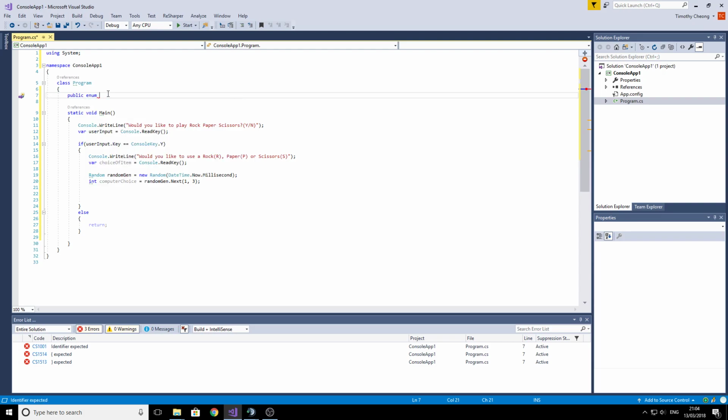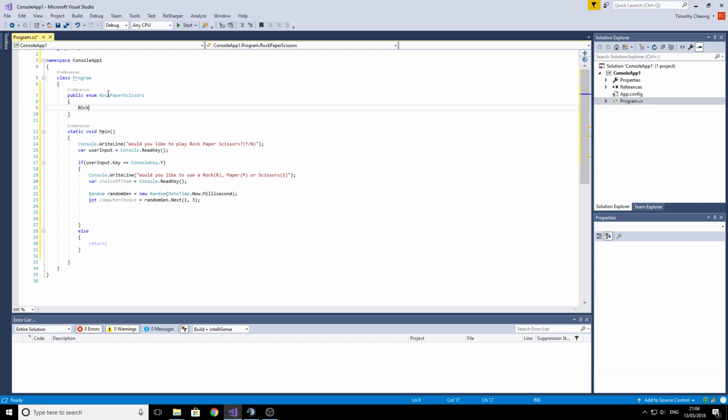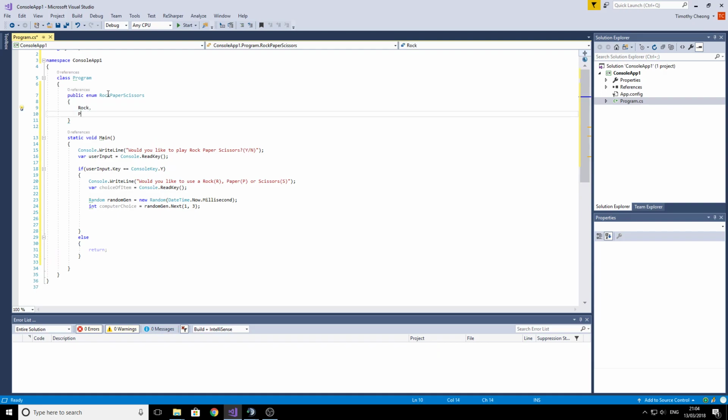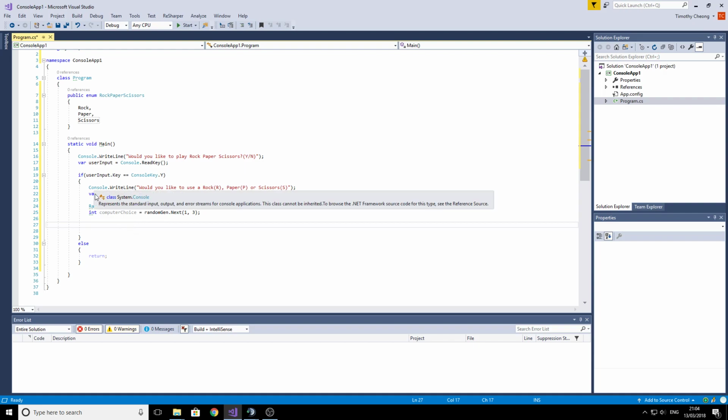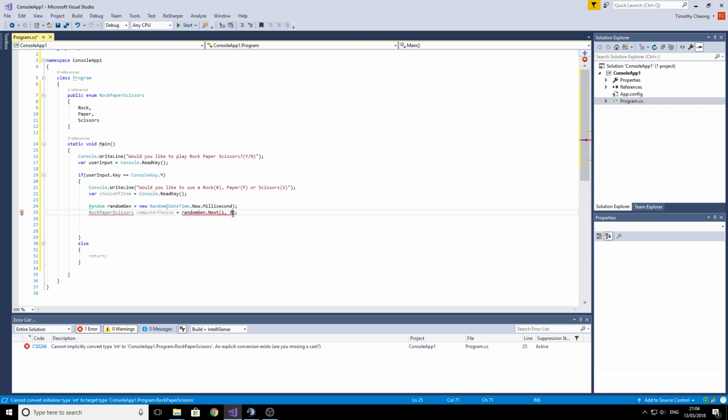So we can say, let's call this enumeration rock, paper, scissors, and then so we have rock, paper, and scissors. Oops, if I can type, there we are. And then if I mouse over here, you'll see that it assigns the first entry in the enumeration 0, paper 1, and scissors. So this allows us to then go. Well, first off, we can then change this from rock, paper, scissors, and then go it's a random number, and then